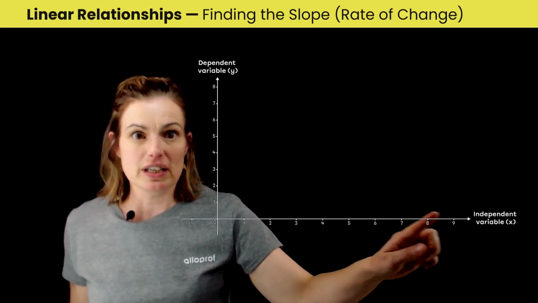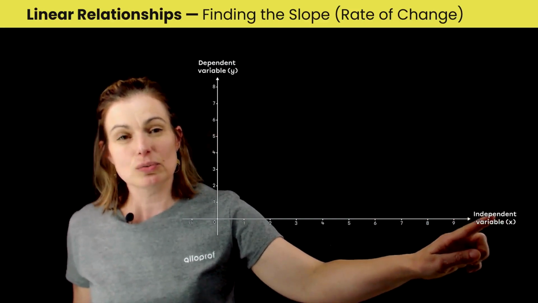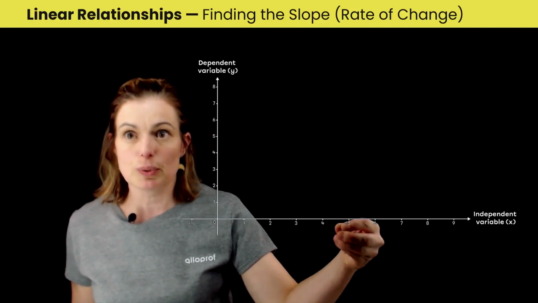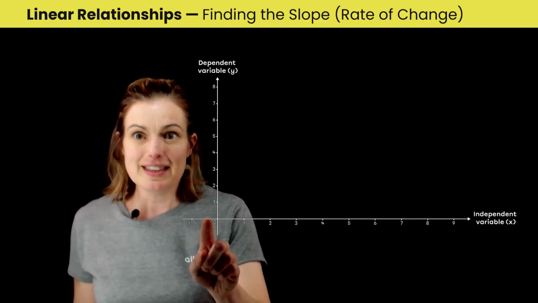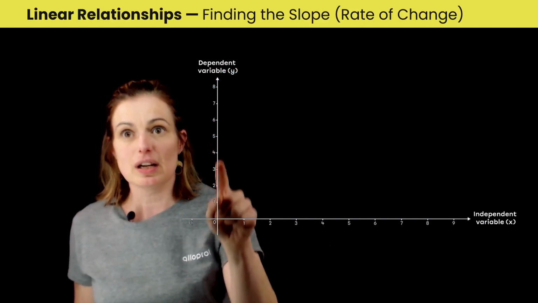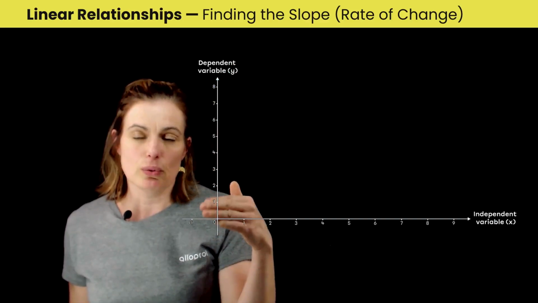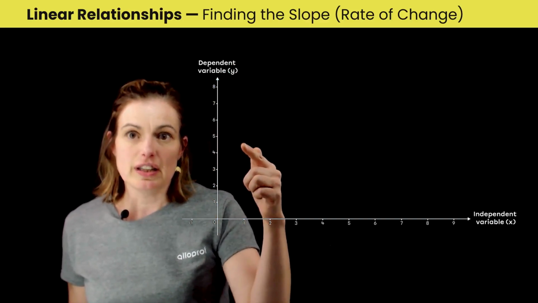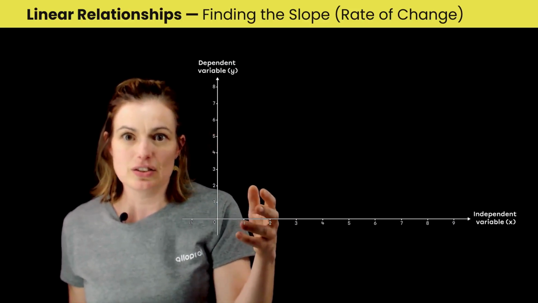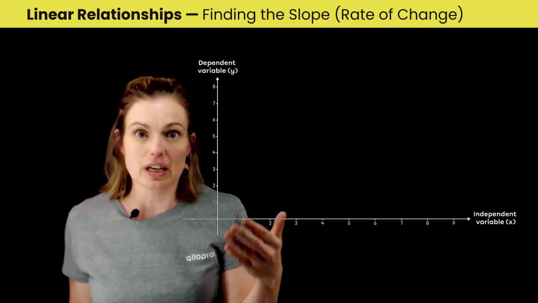Now you'll notice that the independent variable here, we've labeled it on the x-axis. This is really important because it's always going to be labeled on the x-axis. That's where we graph the independent variable, and the dependent variable is always going to be on the y-axis. So you can see that already put in for us here. As we start to fill in our ordered pairs, you're going to see that when you connect your dots, they create a straight line, and this is just what happens with a linear relationship. It is literally a straight line,